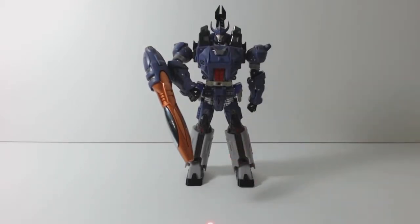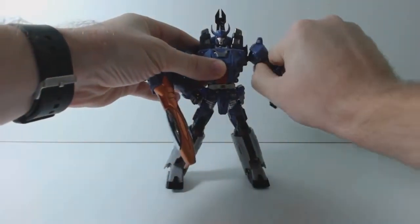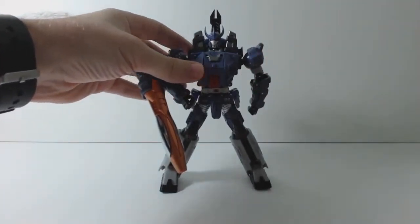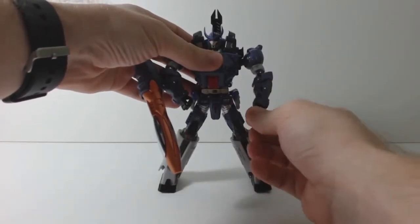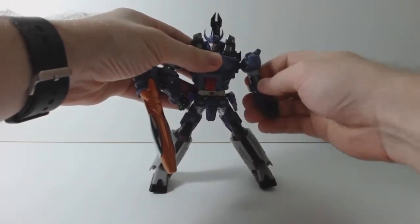First impressions on this guy is he definitely feels like a premium figure. The paint's nice on him. The joints are all really nice on him. The arms ratchet up and down, also this way, forwards and back. No wrist swivel, but he does have an upper bicep swivel, and he can curl his arm